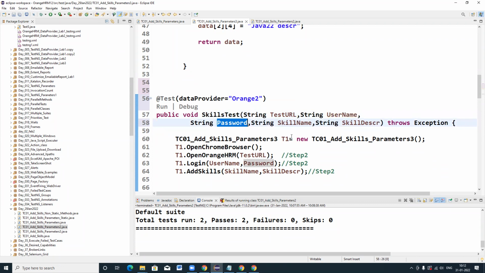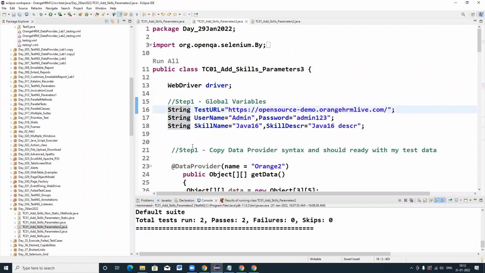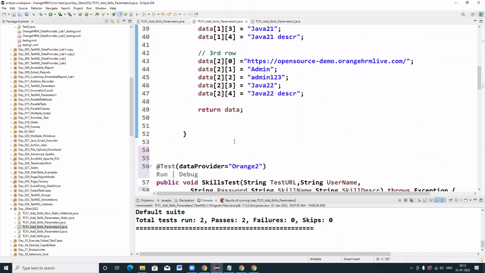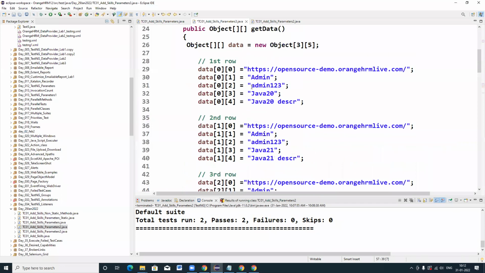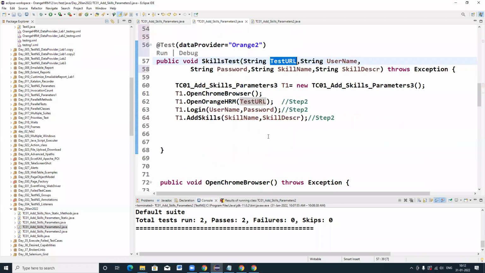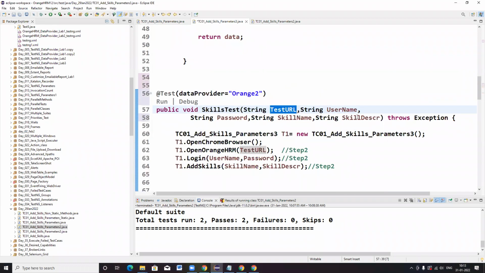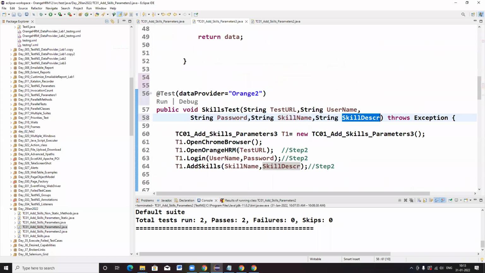I specified all my global variables at method level, and I don't want to use the old ones at all, because my test is getting all the input data from the data provider. So data of 00 will be passed to testURL, data of 01 to username, data of 02 to password, data of 03 to skillName, and data of 04 to skillDescription. So your data provider object array is passing input to this one.